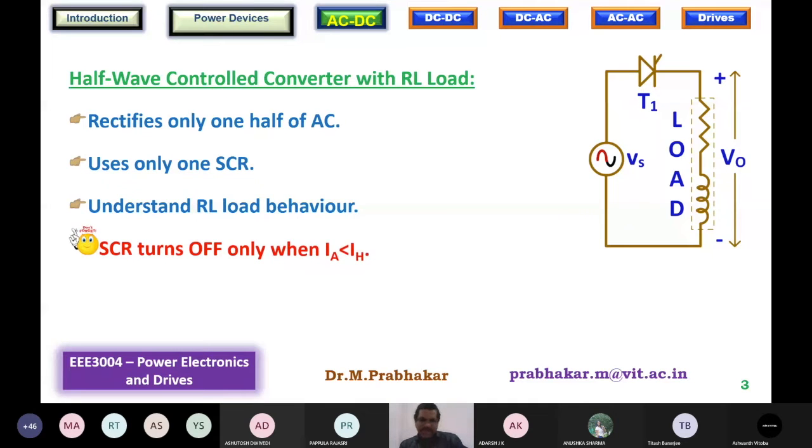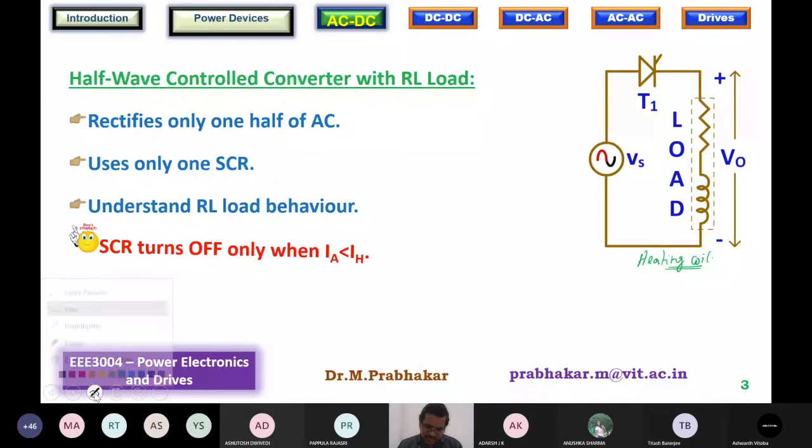Now, why do I say heating coil? Because we know that out of R and L, R is going to be predominant in the heating coil. Still, there will be a stray inductance. So, what will be the effect of that inductance? We need to understand. Now, remember, if you want to understand the operating principle very clearly, then this